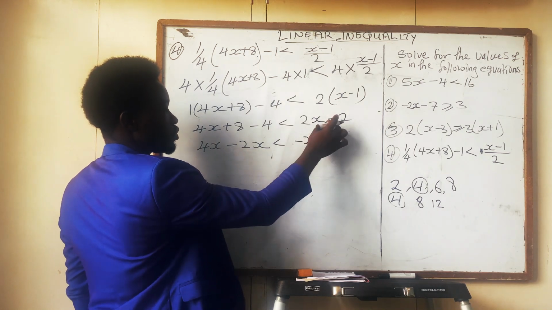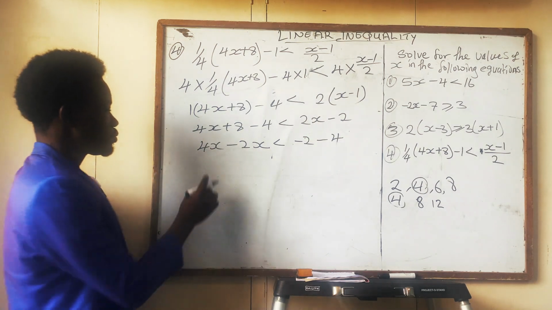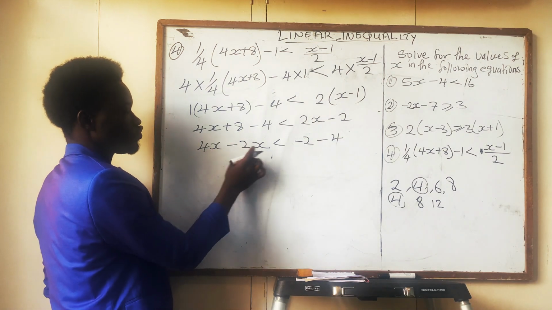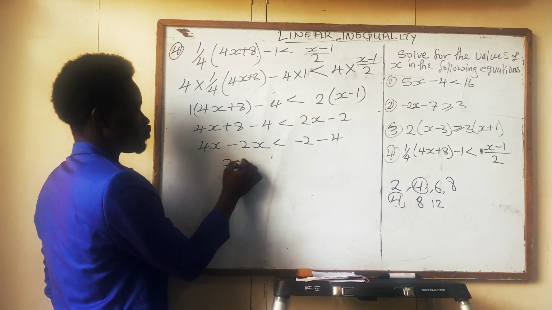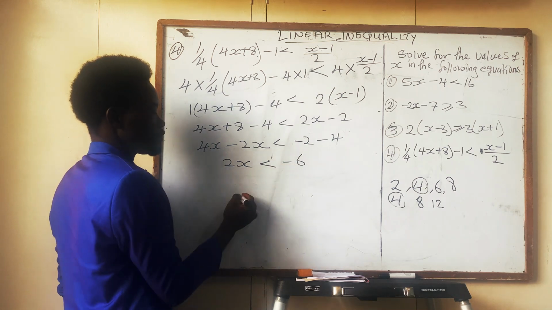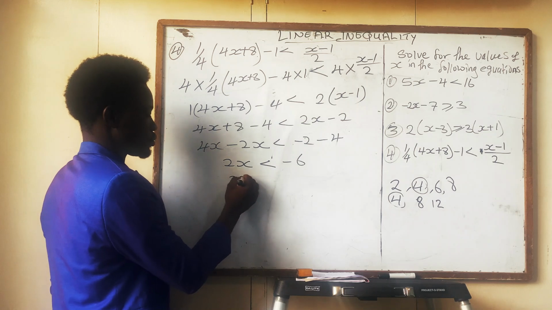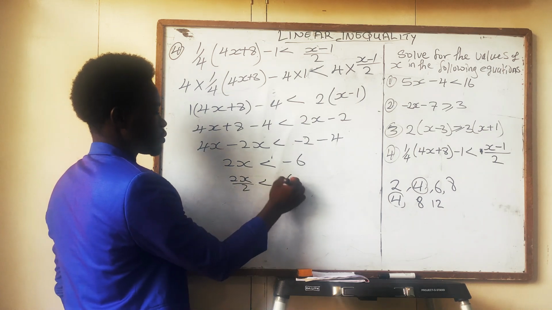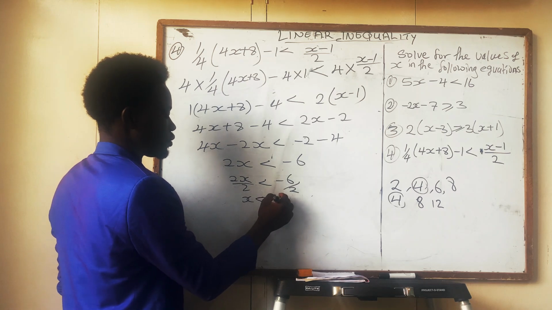So there was 2 here already, and I have negative 4 also coming in. Now 4x minus 2x gives me 2x, which is less than minus 6. Because I'm looking for x, I divide by 2. So my x is less than